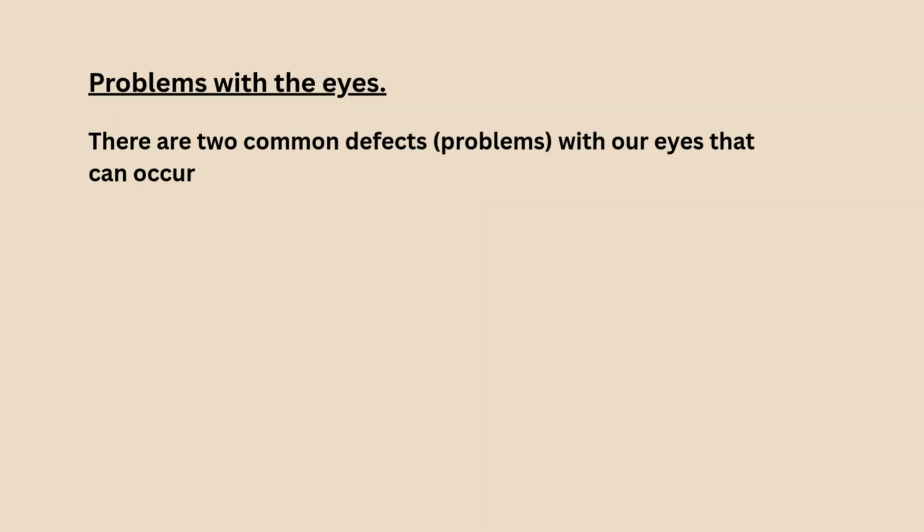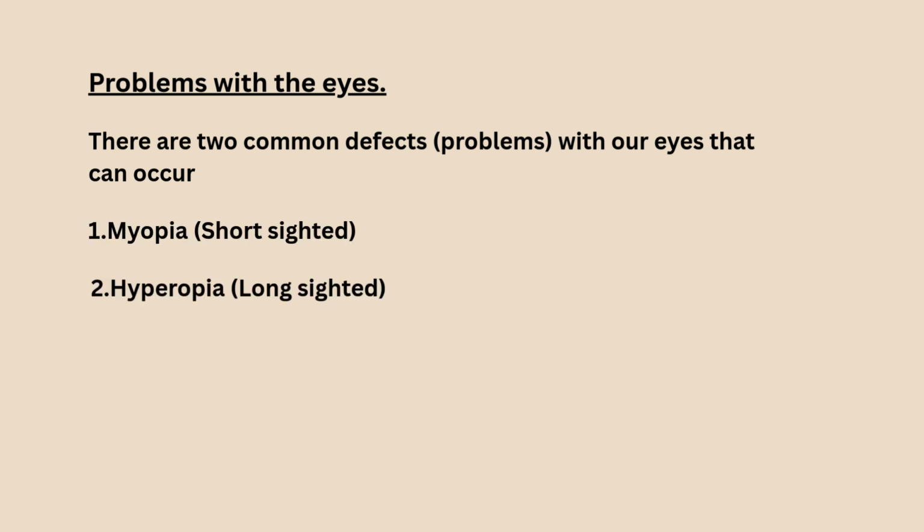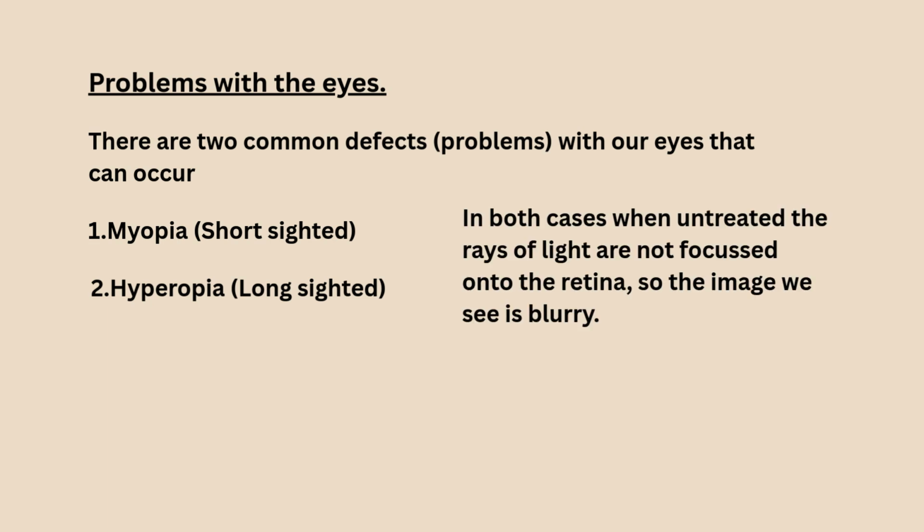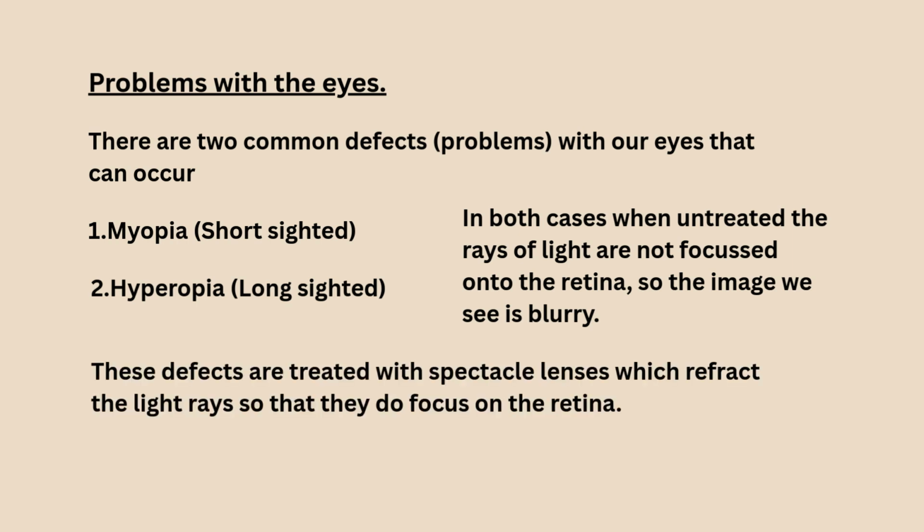meet at the retina. There are two common defects or problems with our eyes that can occur: myopia, short-sighted; hyperopia, long-sighted. In both cases, when untreated, the rays of light are not focused onto the retina, so the image we see is blurry. These defects are treated with spectacle lenses, which refract the light rays so that they then do